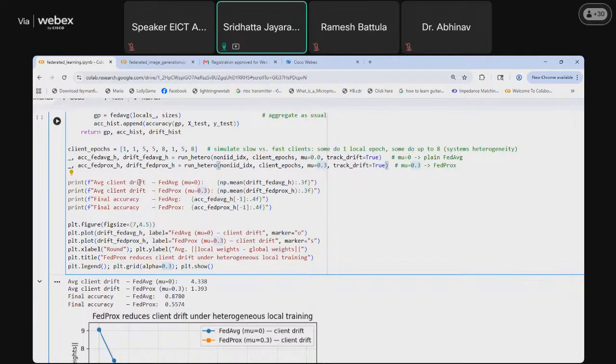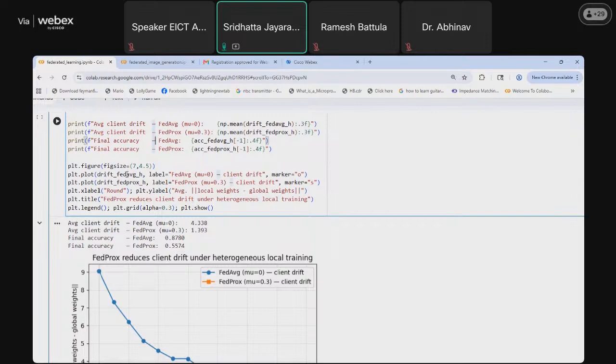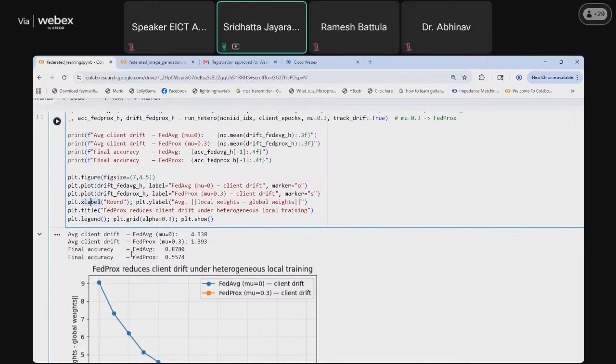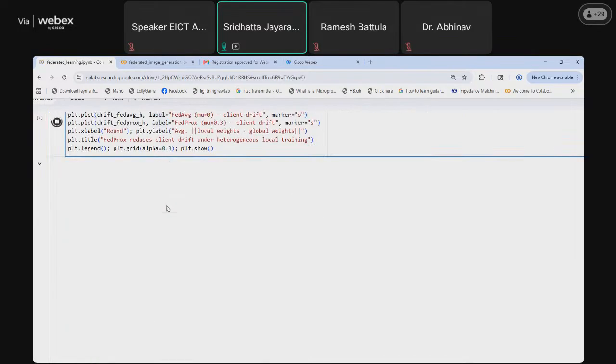And then we will be printing the drift across 0 and 0.3 and the corresponding accuracy. And then we will be plotting them here. The plot would be the drift versus the number of rounds. We will run this cell.